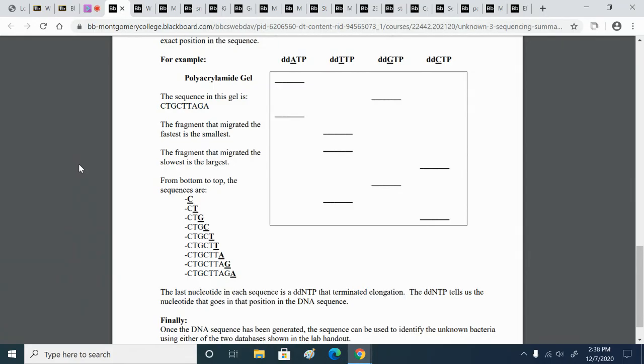It separates the fragments, which differ by only 1 nucleotide, and then we read the gel from bottom to top, because each band corresponds to a fragment that terminates with that dideoxynucleotide. So that's how we read the sequence from bottom to top. And so once again,